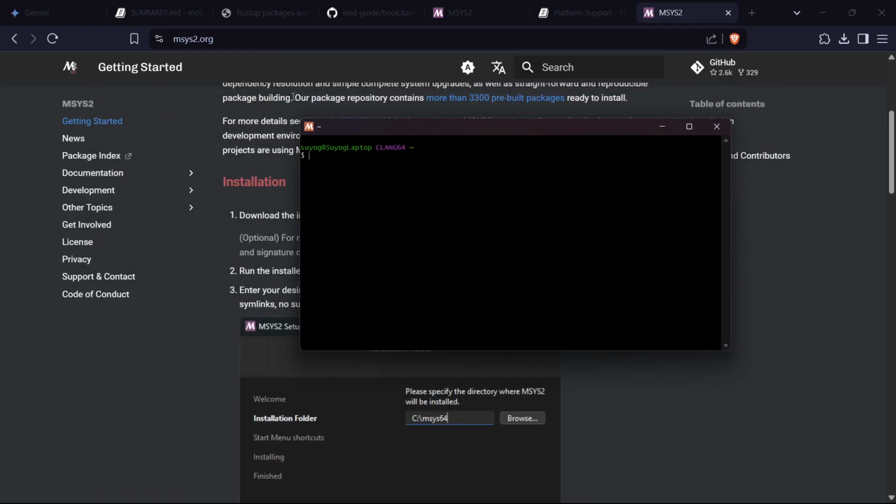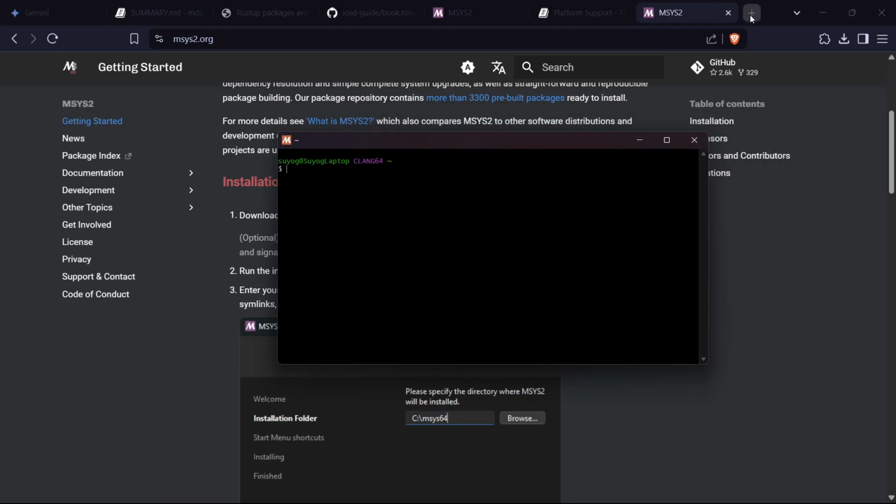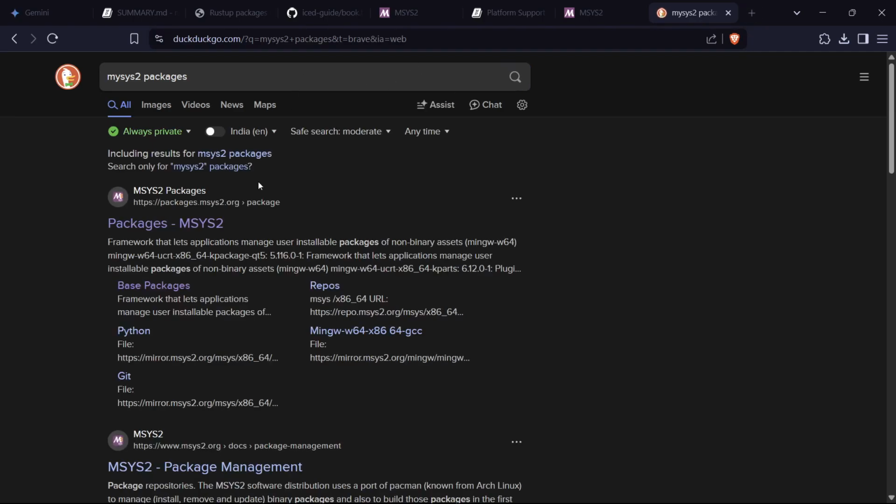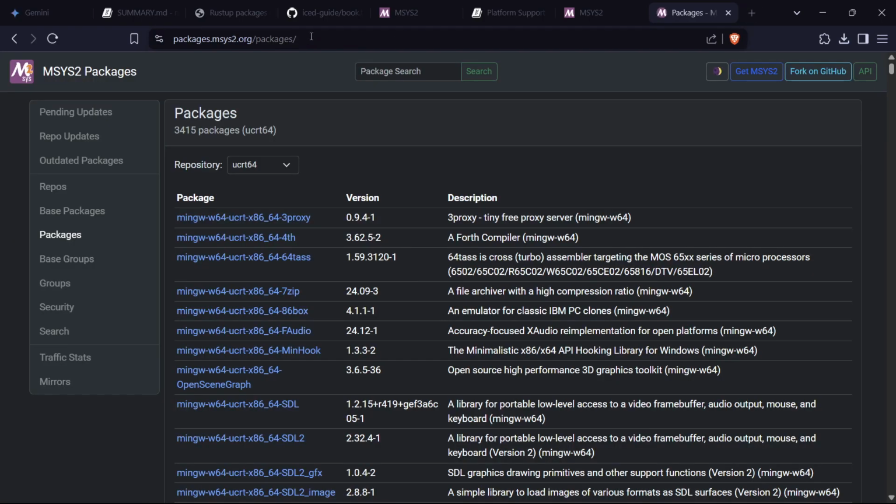Okay. Now what you have to do here is we have to install Clang. So how will we do it? So go here, search for MSYS2 packages, and go on the first site. It should look like this. Then search for LLVM,